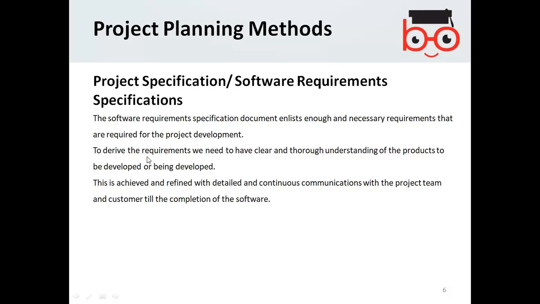So the software requirement is basically a continuous struggle, continuous communication between the project team and the customer until the software is complete. If the requirements are complete, clear, and understandable, then you have sufficient knowledge of the project to be developed.